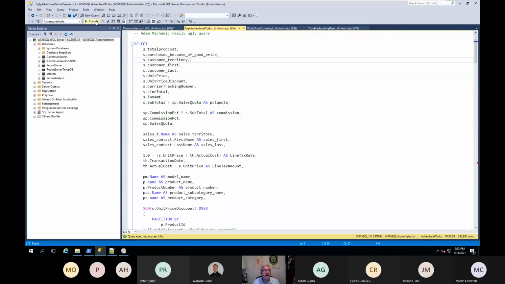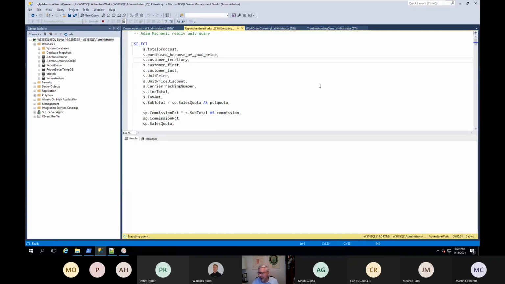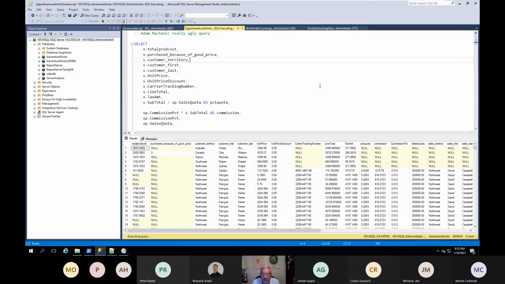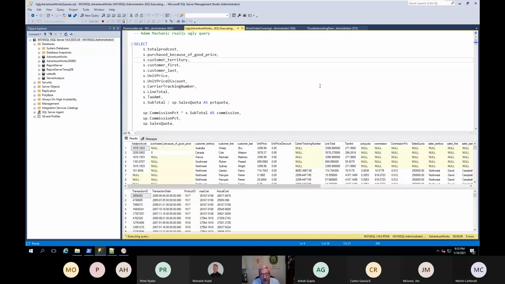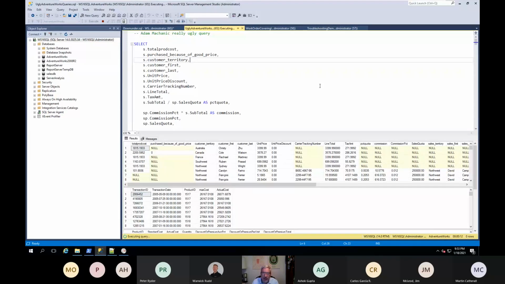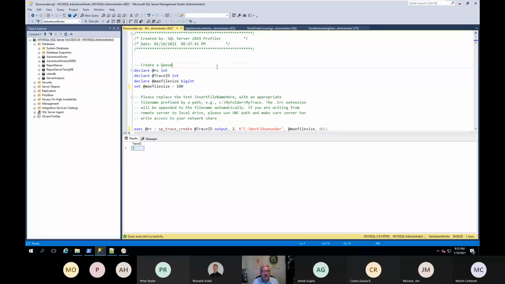Now I'm going to run a set of queries that Atom Mechanic provided that are really, really ugly queries. Well, actually, there's like 3 really ugly queries followed by a query that's not so ugly, but it produces a key lookup, and I'm running it 10,000 times. That death by 1,000 cuts scenario that often escapes you when you ask, why is my CPU so high? So this runs about, well, it just finished. So now we can go and stop this trace.